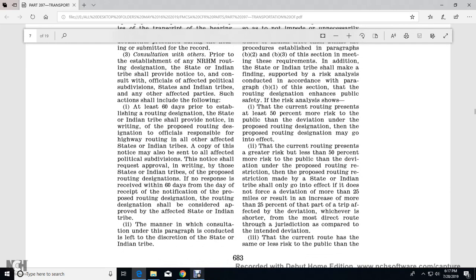At least 60 days prior to the establishment of the route designation, the state or Indian tribe shall provide notice of the routing and the proposed routing designation to the official responsible for highway routing and all other affected states and Indian tribes, with a copy of the notice sent to all affected political subdivisions, and shall request approval in writing by the states and Indian tribes of the proposed routing designation. If no response is received within 60 days of the receipt